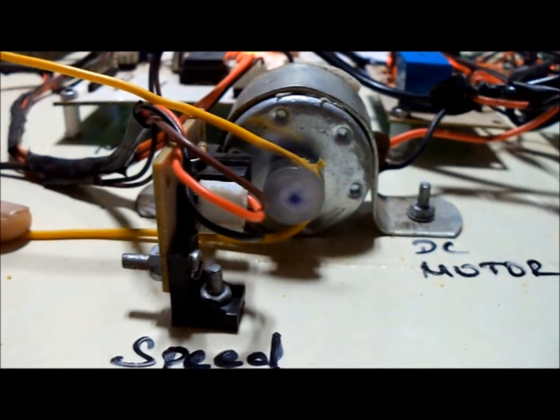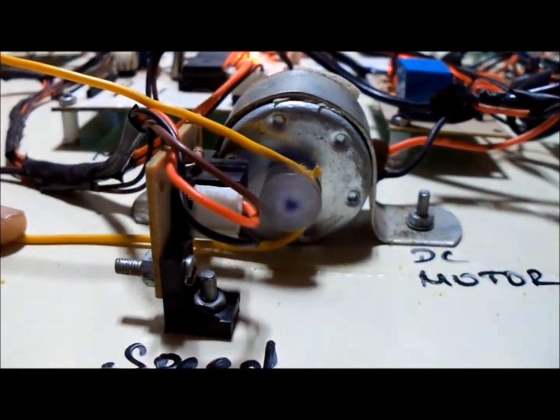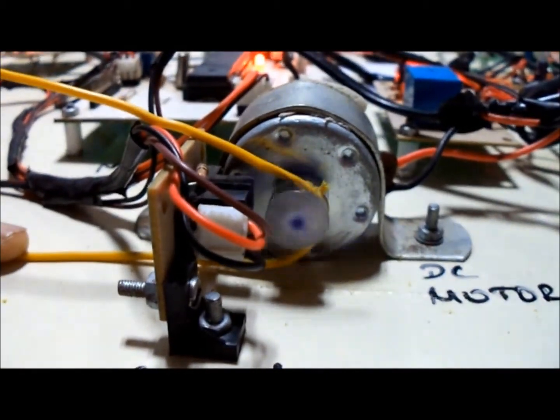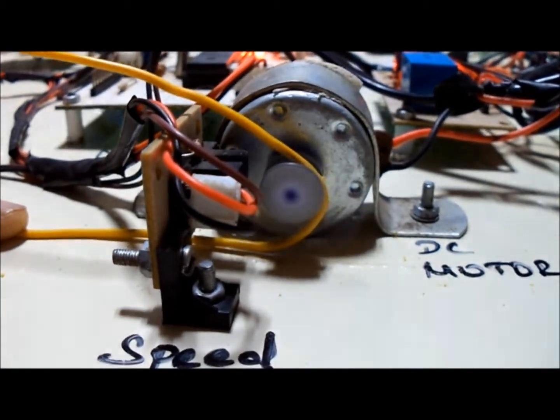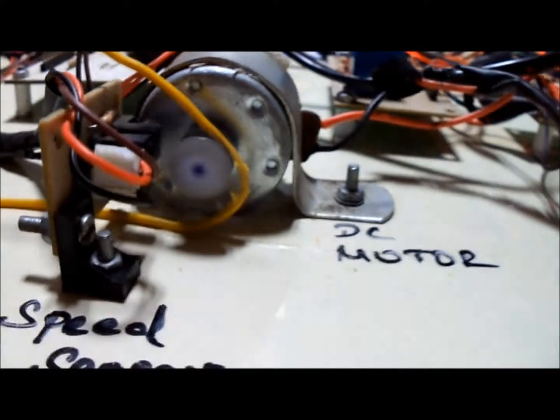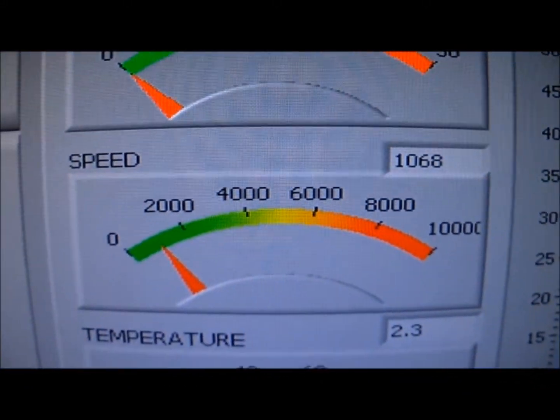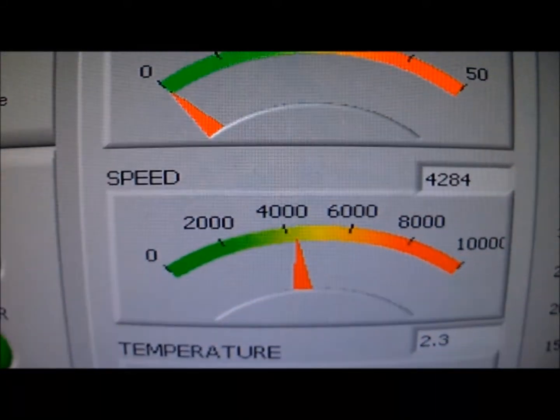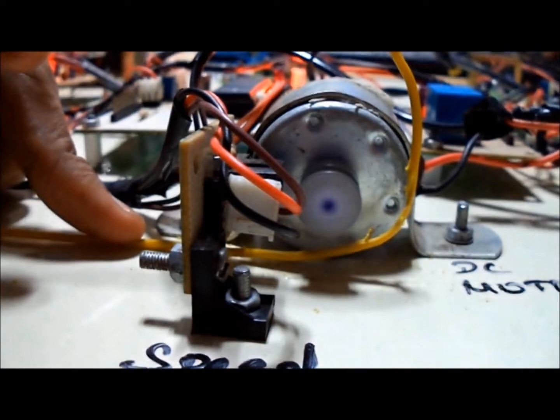The motor continues to run within the rpm limit. Now the load is released and the motor is allowed to run at full speed. Now the motor exceeds the speed limit and hence the motor turns off.